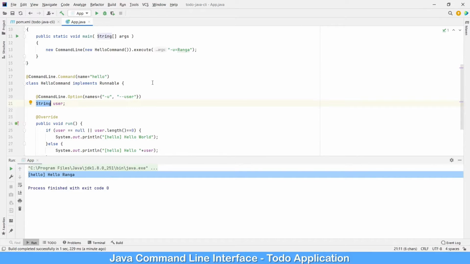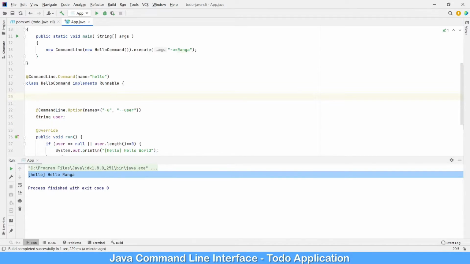Let's create a help command for this one. Either we need help or not. That means if we provide the -help or -h option, then I would like to show it. So we don't need a string variable over there. Let's create a boolean help